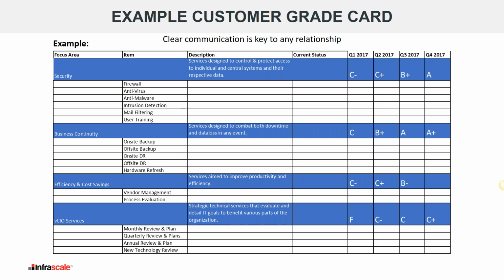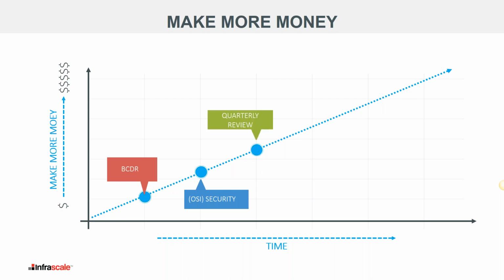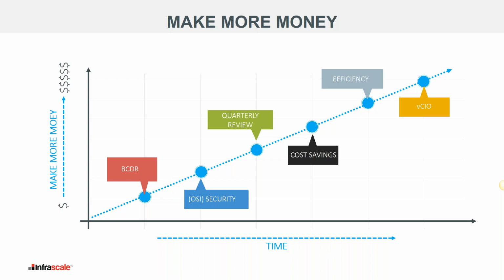If you have virtual CIO type services, that would be a part of it. And then your customers end up growing as you grow with them, from the basics of a foundation around disaster recovery, then security and prevention tools and services, your reviews, then cost savings, efficiency, and all that. And so you put your customers on a natural path without even formally saying so. It's just by nature of how you've organized and communicated what you're trying to do for them,